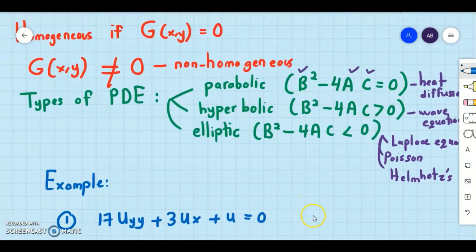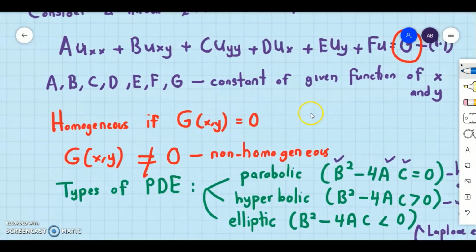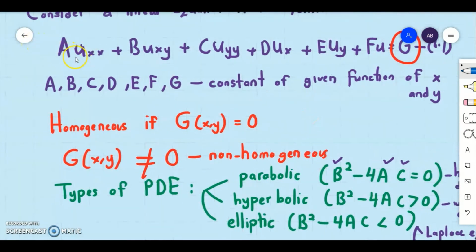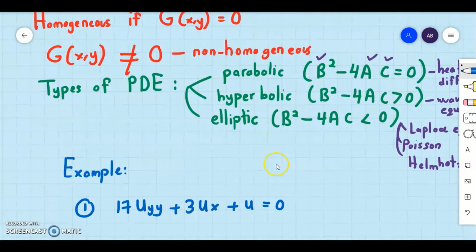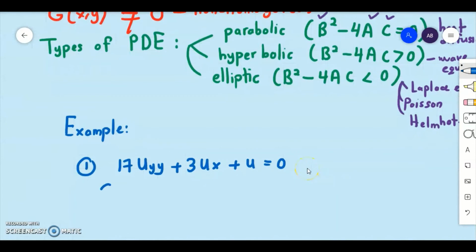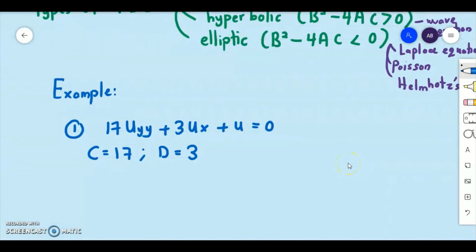Now, by comparison to my standard form, I don't have a, because a is the coefficient of uxx, and I don't have b too. My equation has c, d, and f. So what I have here is c equals 17, and d equals 3. We don't need to know f, the rest, because to determine what type this PDE is,